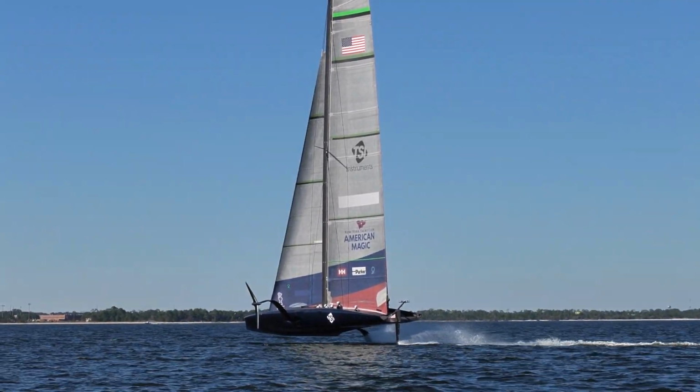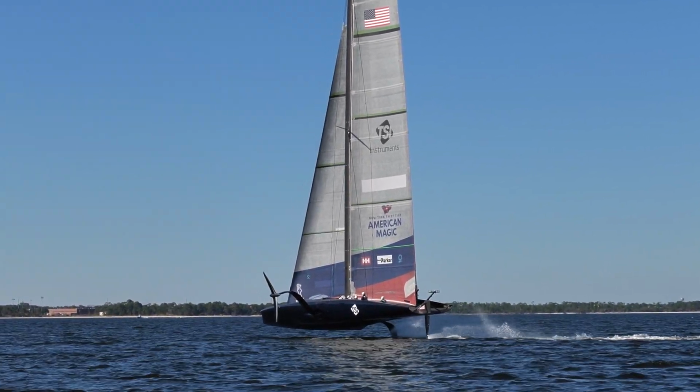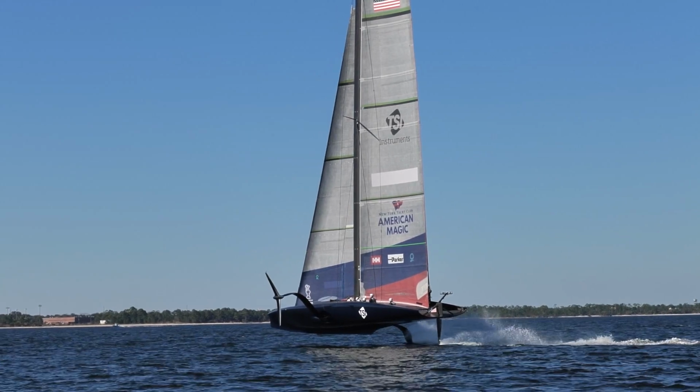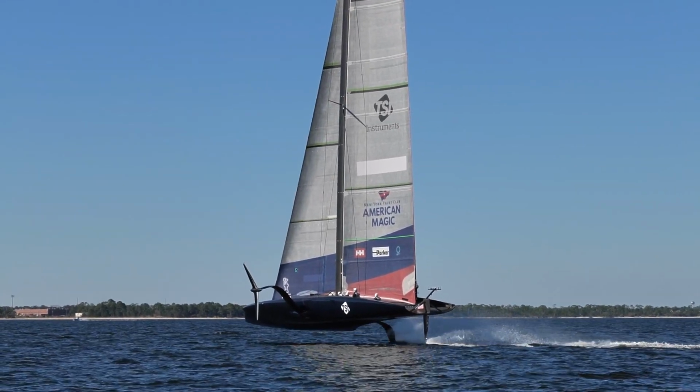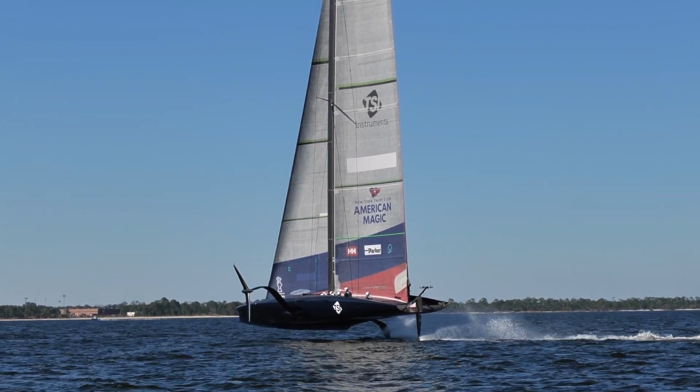What is the team continually looking for? You think you have found everything by now? No, you've never found anything in this game. You're always looking for new things and striving for new things. We're always working a little bit on the takeoffs in these conditions, but there becomes a wind speed